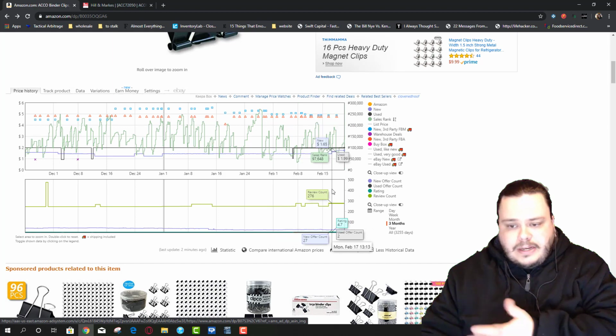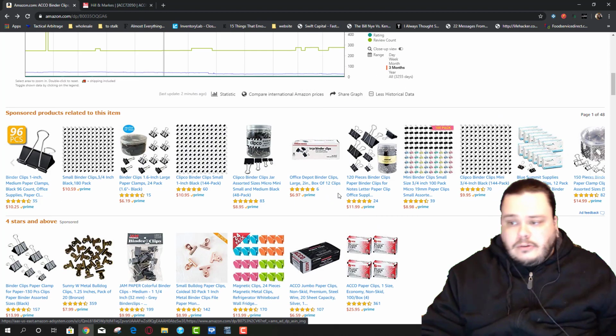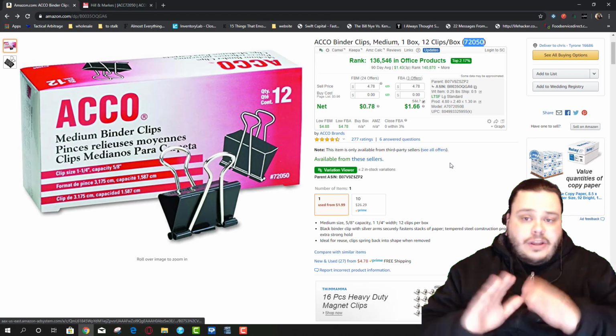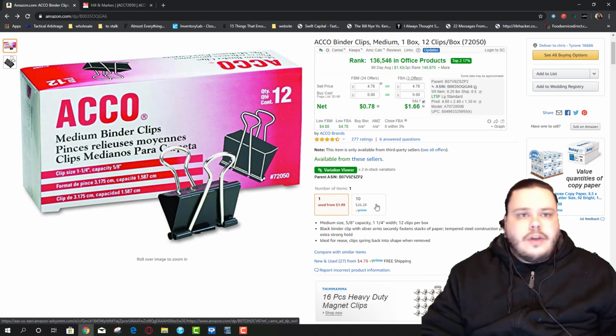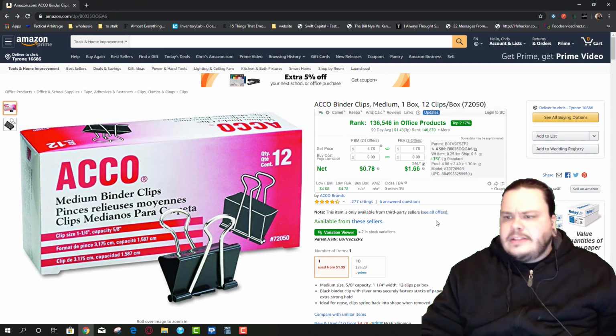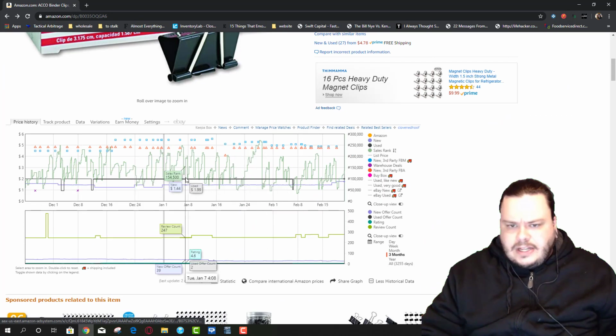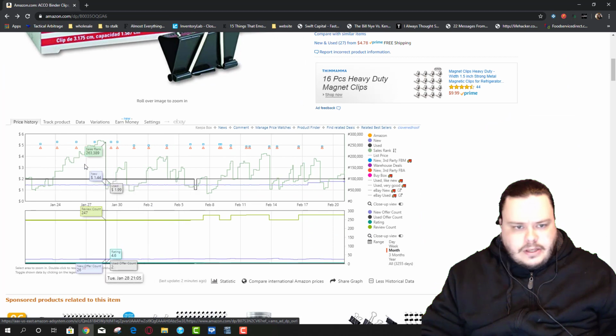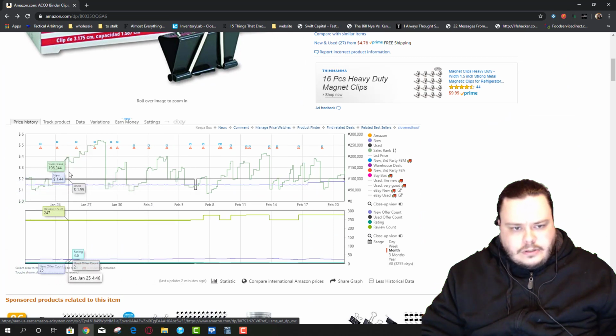Okay, and we have people coming in and out of stock. This is a great little product here, if we can get it cheap enough, of course. Okay, so just interesting to look at, and I'm glad I added this to the list. Now, as far as sales velocity, month. Let's look at the month. We got the one, two.